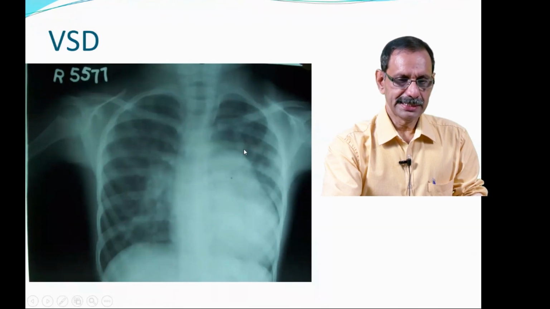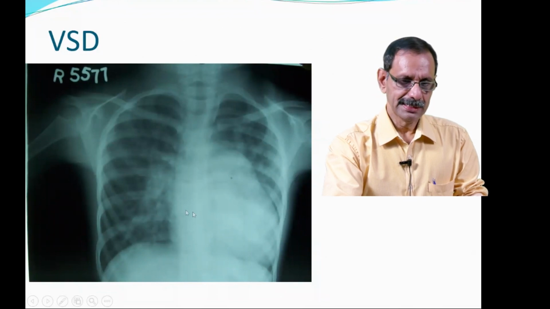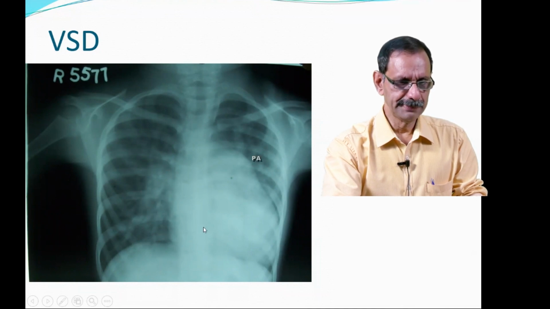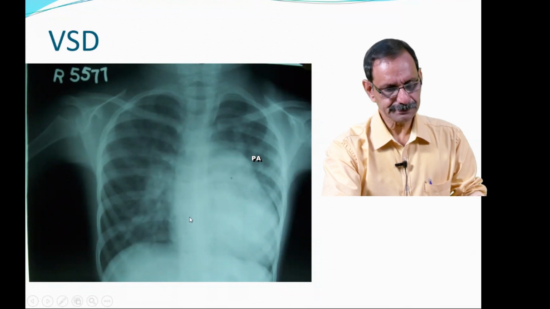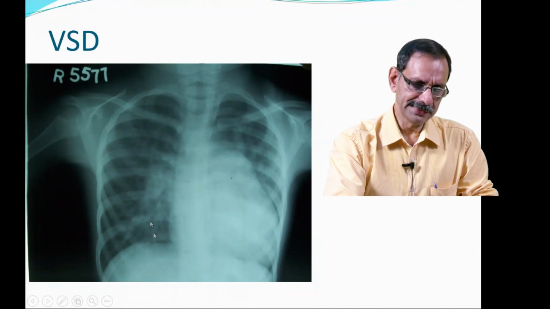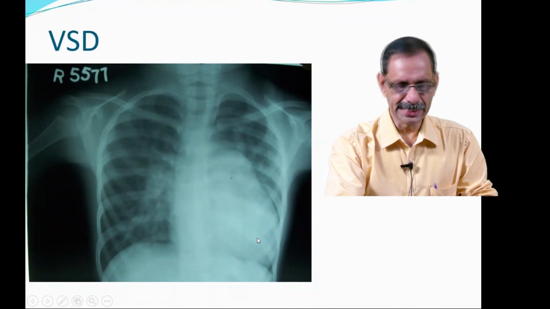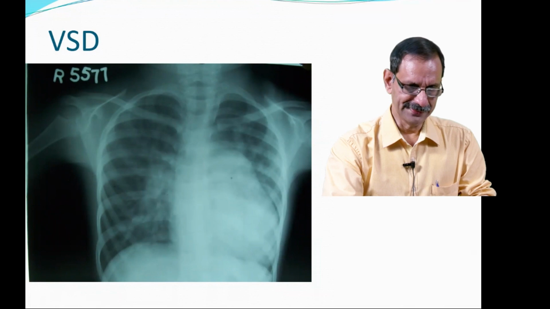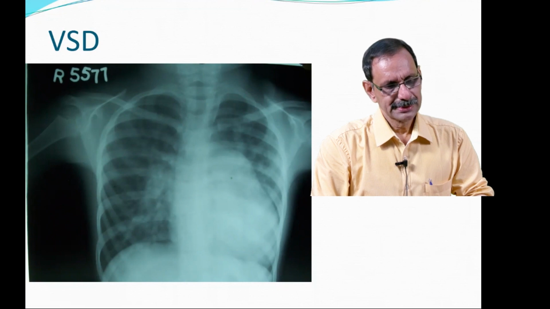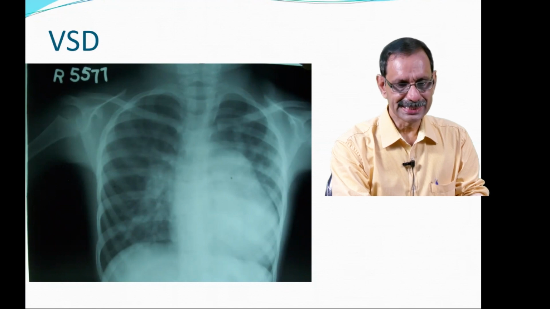Suppose this is a left to right shunt condition, with a huge pulmonary artery and what appears to be left ventricular enlargement. Right atrium is not very prominent, and there is a big right descending pulmonary artery. So this is a case of left to right shunt without a right atrial shadow or any conspicuous aortic prominence. So possibly it is VSD. Again I reiterate, with X-ray alone we can only say it is a left to right shunt. We cannot say whether it is ASD, VSD or PDA except in a few typical cases.